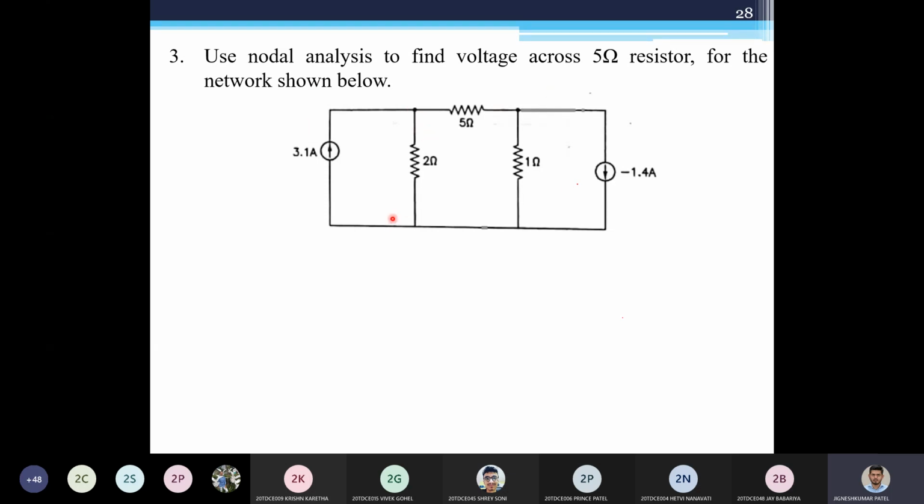So here in our case, if you find a node, first of all, what is a node? A node is a place where more than two branches, not two, but more than two branches are connected. For example, if you take this point, I consider this as a node. Why? Because I have this first branch, second branch, and third branch going through this node. But if you consider this one, this can be a node. Why? Because I have only one element over here. If you consider this one, it is basically the same node. This is the same node. But for example, I do not have a node where two lines are connected. Just for an example, I can draw it for you.